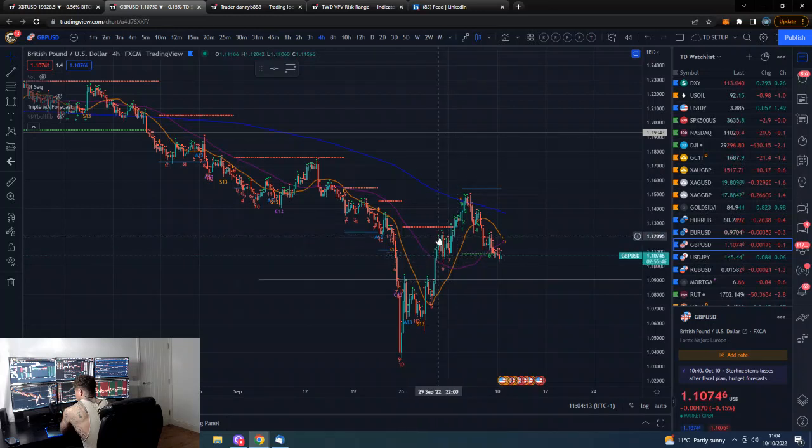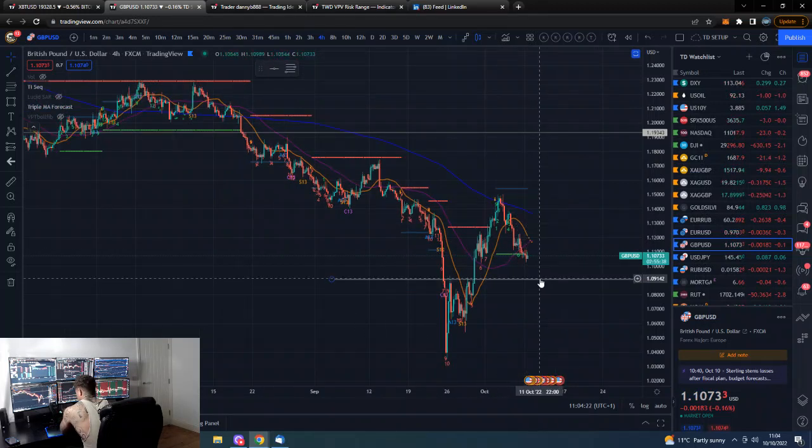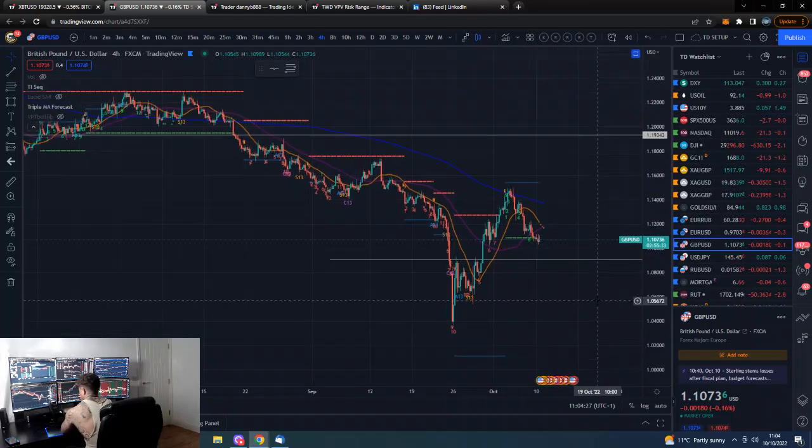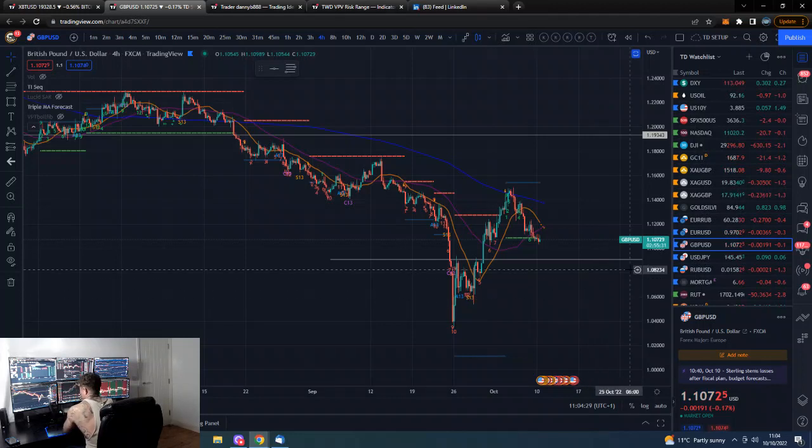We obviously do have a bit of price action where we're at right now, so if we do lose this, it is basically an air pocket, so to speak, until we get to this level, and then we have to bounce here. If not, we're coming further down. The UK will be in way more trouble. There'll be more central bank intervention, more fun stuff, and